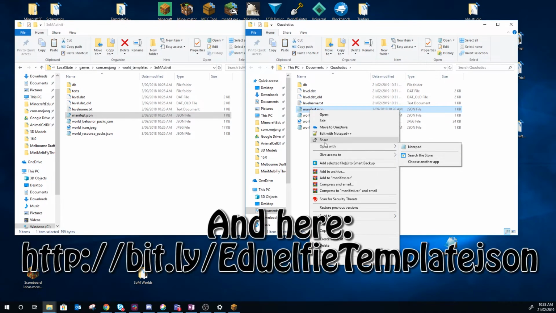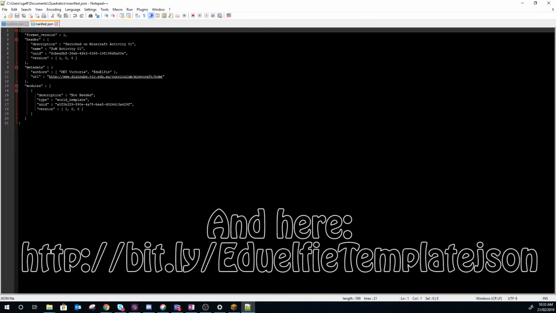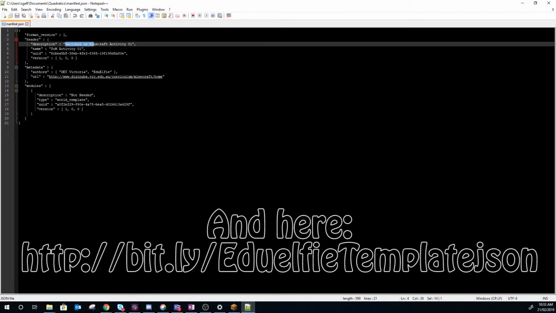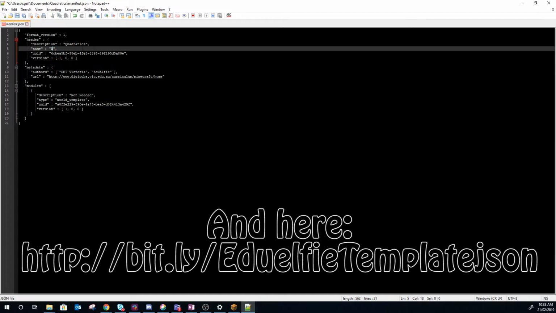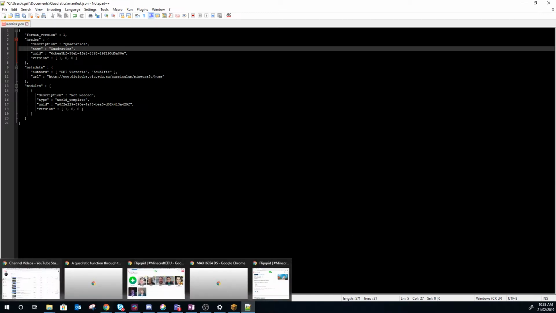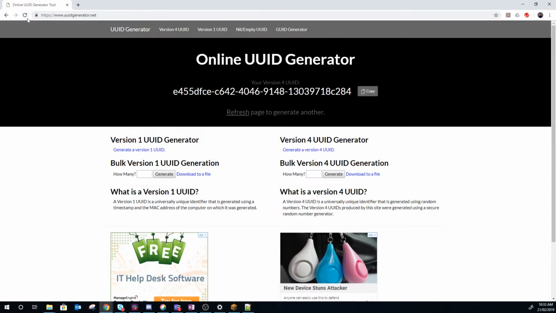So now if I open that one with Notepad++, okay, and this is not switched on Minecraft activity 1, this is quadratics, so we're just going to change the name. Description, quadratics, name, I can't type today, quadratics, and this is where you need to get new UUIDs. I use UUIDgenerator.net, make sure we've got a fresh one of them, click copy,